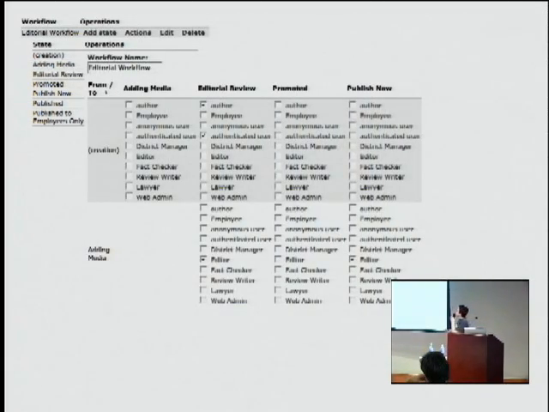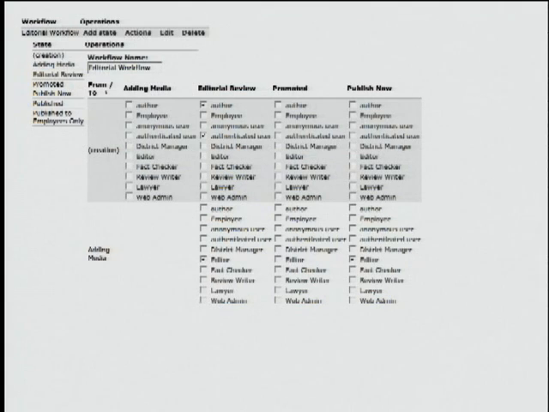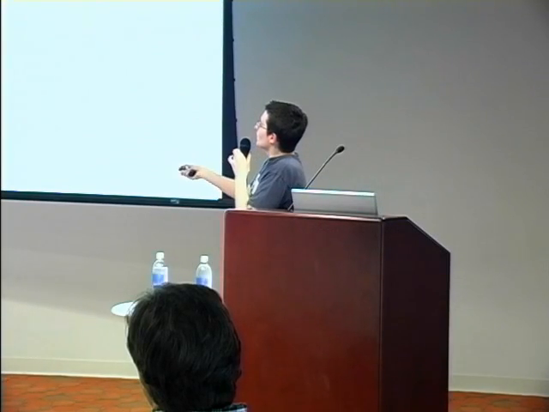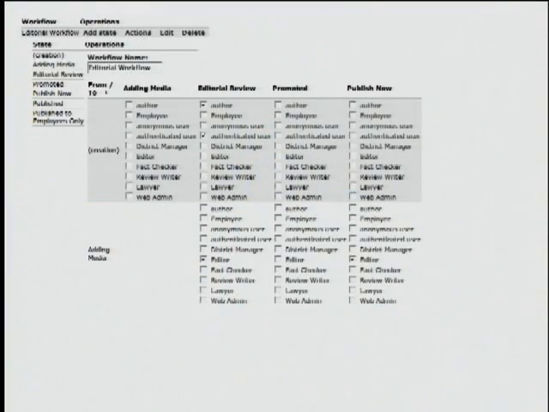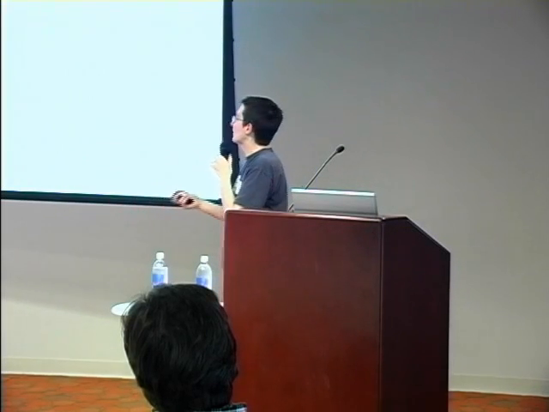Then they have an interface where you can define for each step who can move it from this step to another step. For example, any author of the content or basically anybody can move it from "I just created it" to editorial review. But only an editor can move something from a later stage back to editorial review. So for example, you messed up your typing, I'm kicking it back to you, you have to figure it out,